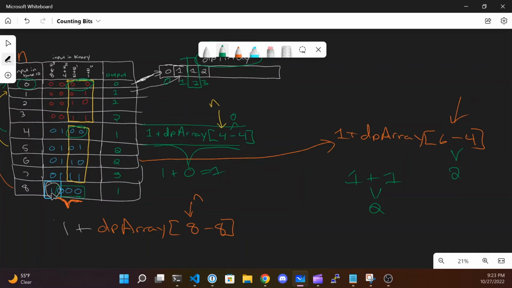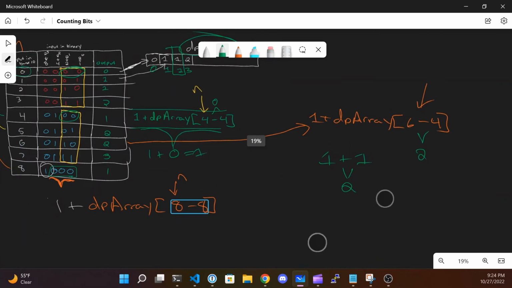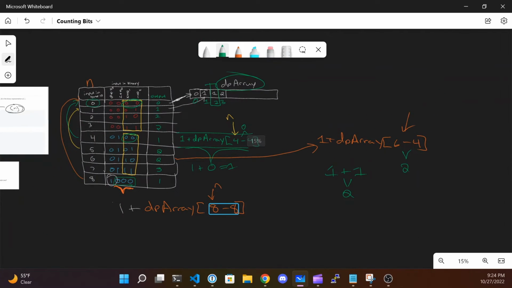And then at 8, this example down here, if you can see my mouse circling it, we're doing 8, which is the n value, which is this value here, minus an offset, which is basically the current greatest value of 2, which is 8 here. So the whole formula is going to be